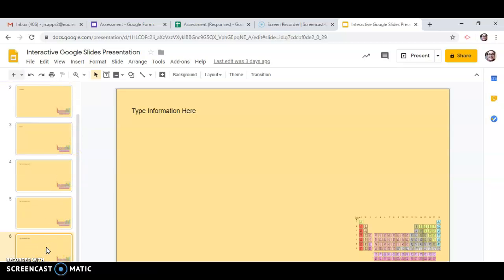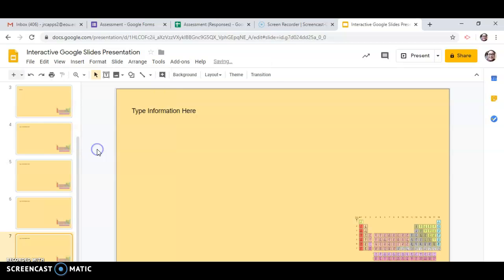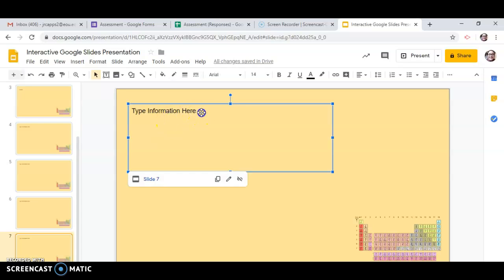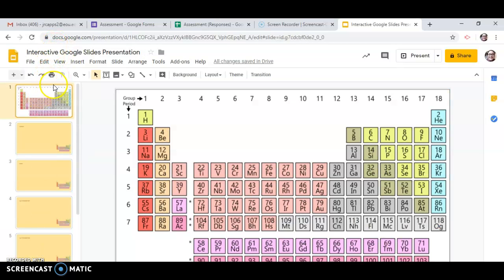So what I'm going to do is go down here to my last slide, right click, and click on duplicate slide. And then I'm going to type in assessment up here at the top. That's just to remind me that this is my assessment slide. We're going to type in some more information here in just a minute. And I'm going to make a note that that is slide number 7. So I need to come back up here to my main menu, slide number 1, and I need to make